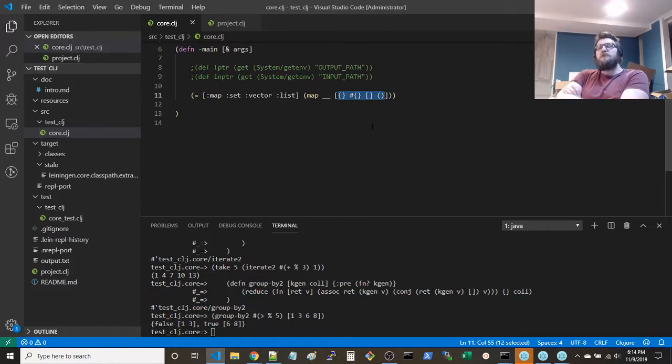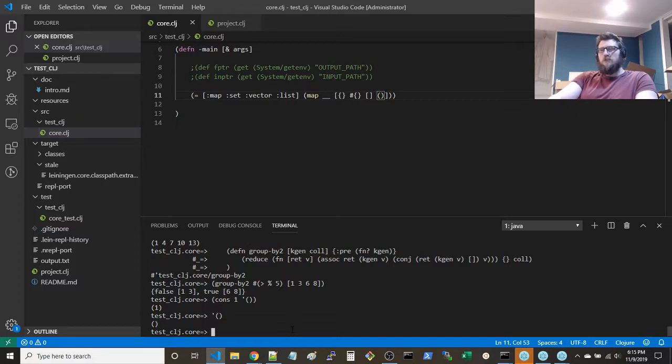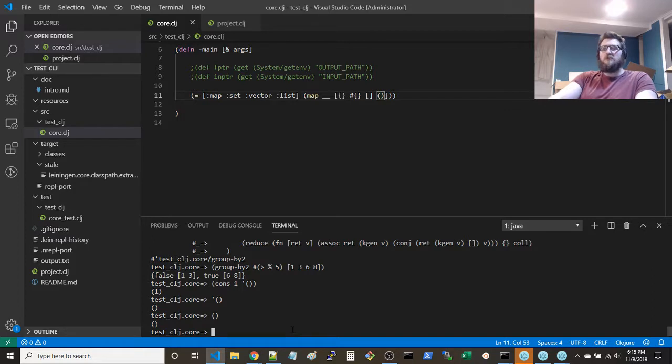Or some behavior. If you add an item to the sequence, you can't cons to any of these, I think. So if you just type cons 1 with just a sequence. I don't think that works. This needs to be quoted. Not sure if that'll give you a sequence. It does. Okay, interesting.